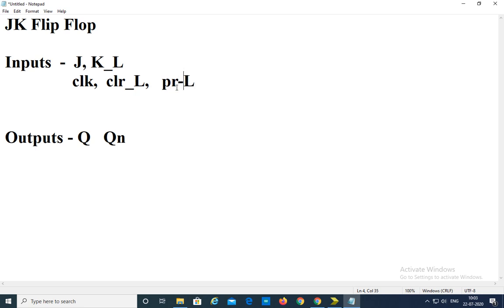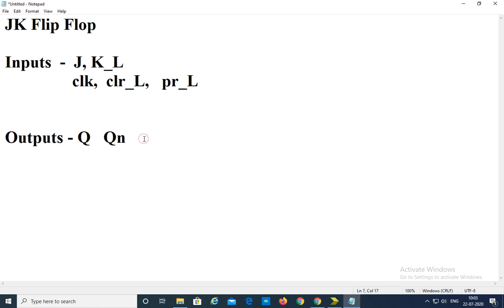What is the meaning of active low? It means clear underscore L is active, that is, the flip-flop output is 0 when clear underscore L is equal to 0. When preset underscore L is equal to 0, then output Q becomes 1 here. So when it is 0, then that pin is going to be activating. That is nothing but active low inputs here.